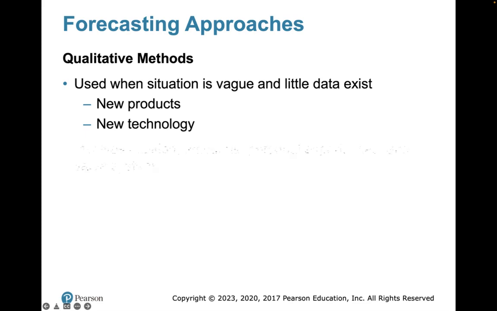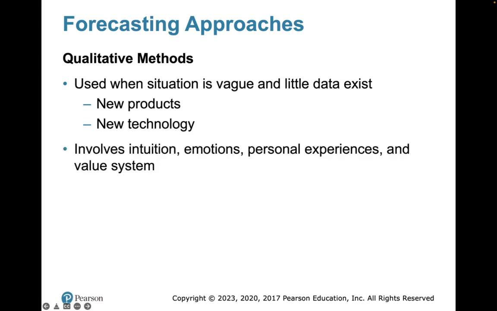Okay. And what we mean by qualitative is ultimately that art side of forecasting. There isn't a lot of data. So we have to use our own experience, our own intuition to make decisions on whether or not we're going to have that group come in and do a lot of room service. We don't know. So this is what we have to call on when we're regarding our qualitative methods.